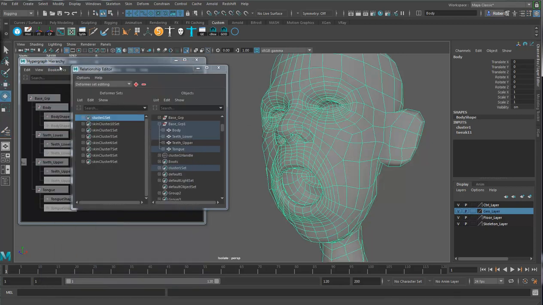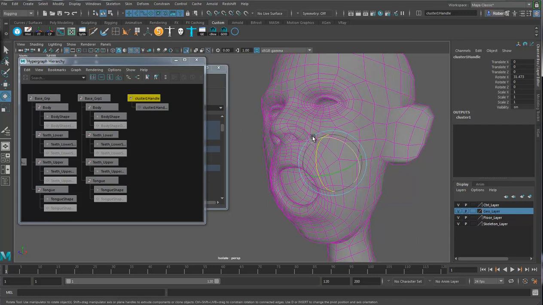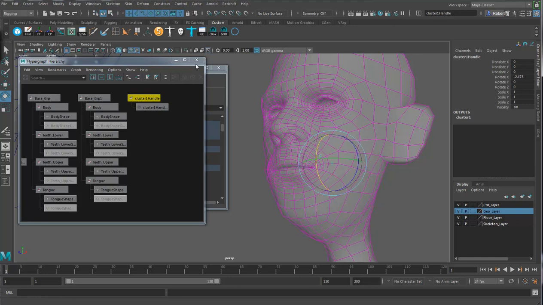Grab the rotate tool, check it out again, cluster handle, let's just bring everything back. Okay, so that's going to be really easy to make opening and closing of the mouth for my different blend shapes. And